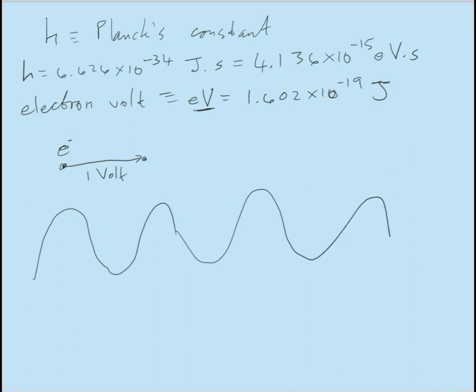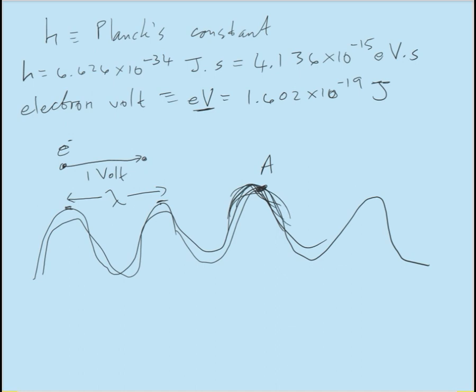Okay, this is a badly drawn wave, but anyway, the distance between the crests, for example, is the wavelength, and the frequency of a wave tells us, let's say we had a point here, point A, how many times within 1 second do crests pass through this point A. So as this wave is traveling, how many times is it going to pass point A in 1 second? And that is why frequency,